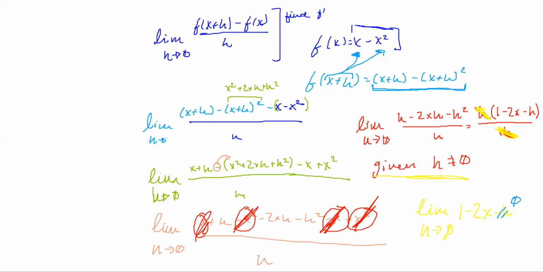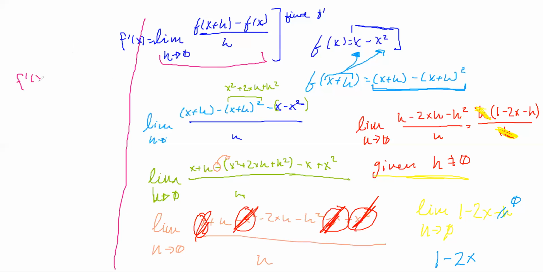So that leaves us with the function 1 minus 2x. Let me move the checkbox really fast. So this whole shindig was going down because we said that f prime of x is equal to this. And so we found what this whole thing was equal to. So f prime of x is equal to 1 minus 2x,